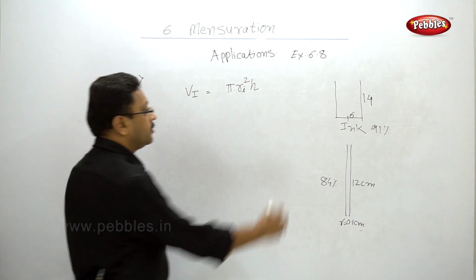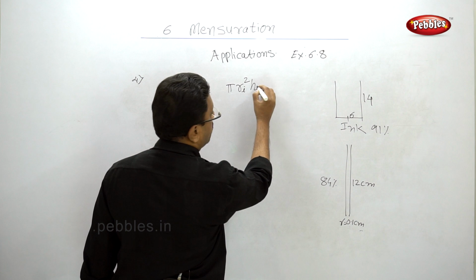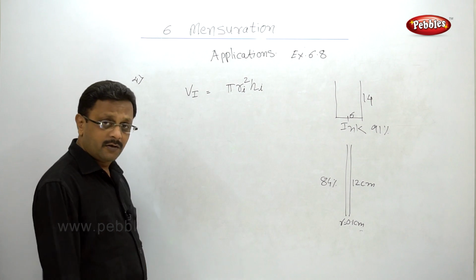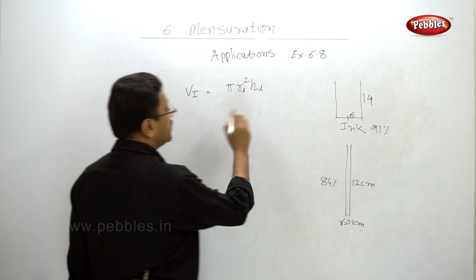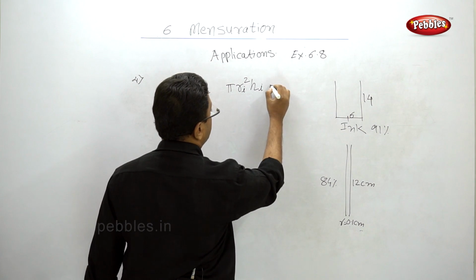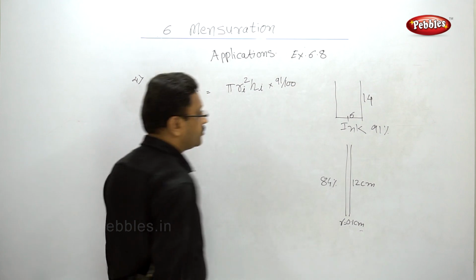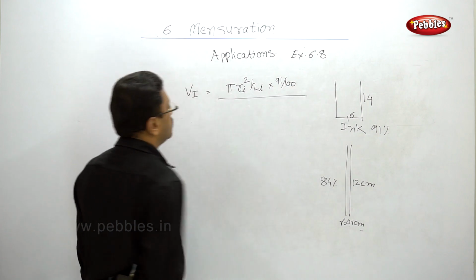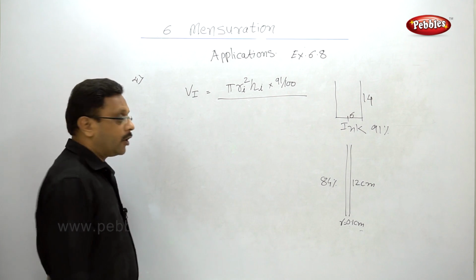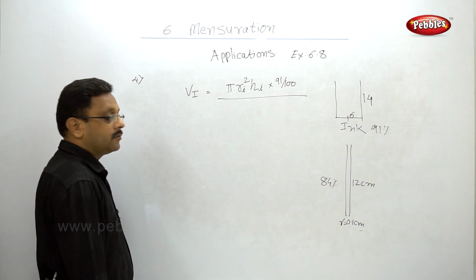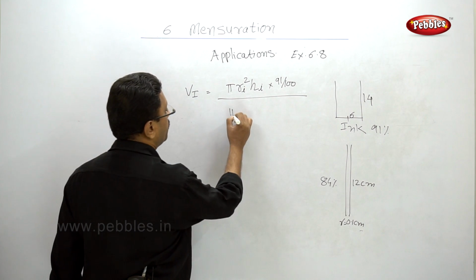Correct? H is, I'll say that, the ink container. But is this fully filled? No. This is 91% filled, which means you have to multiply by 91 by 100. Now you have to divide this by the volume of how much ink you are filling in the refill. Same, pi